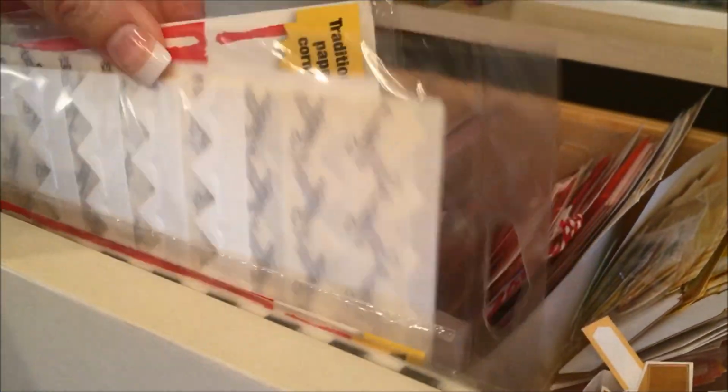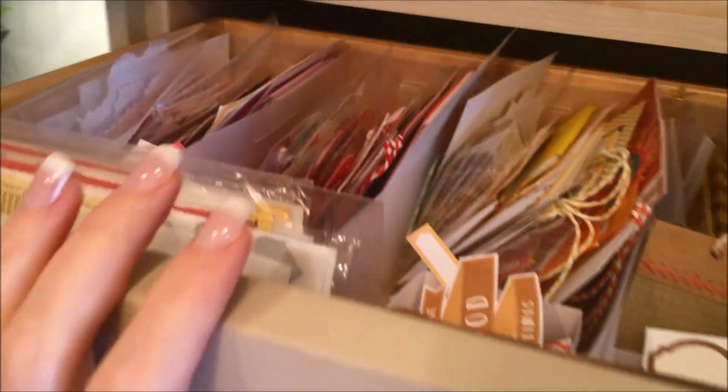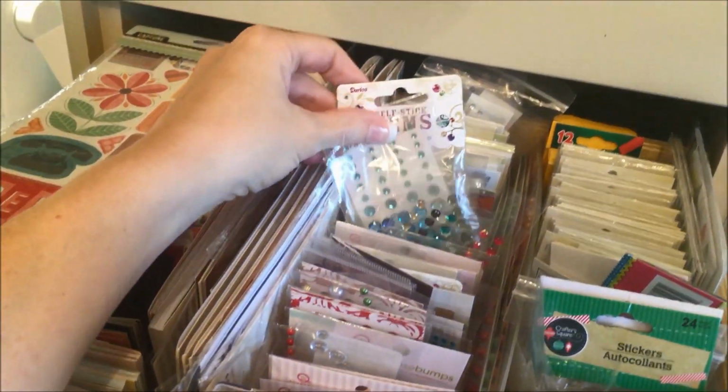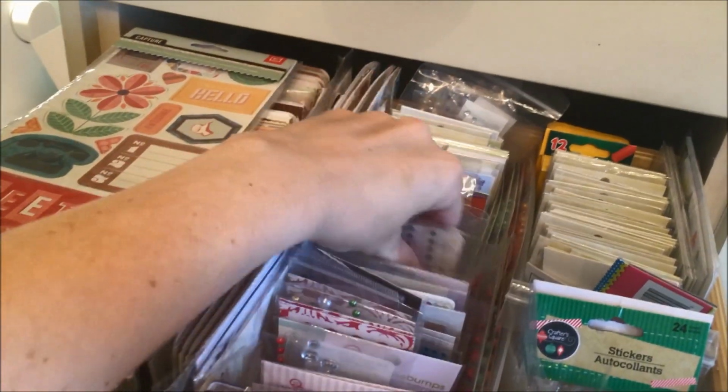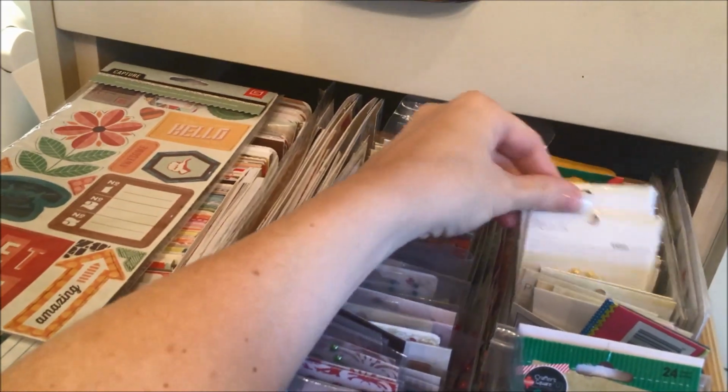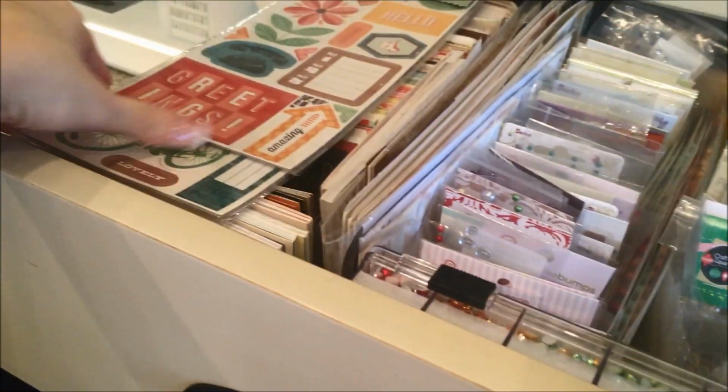There's also, I keep my adhesive photo corners in the front right here. The next drawer down on this side are more pearls and gems, just the smaller packages that are shorter. So back in the day when those were popular, I bought like one of every color. So those are in here, love those. And then I've got some